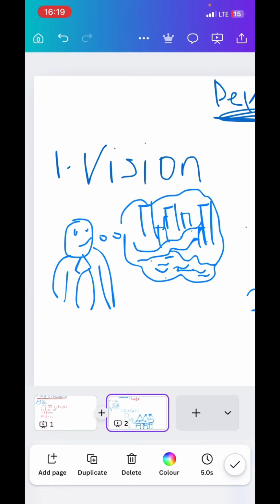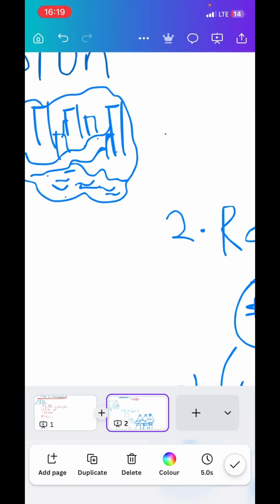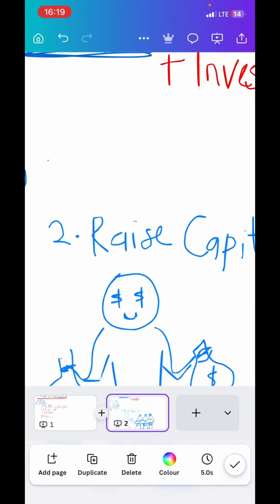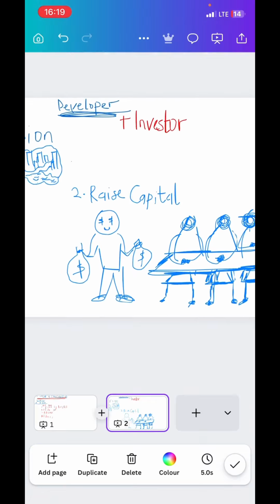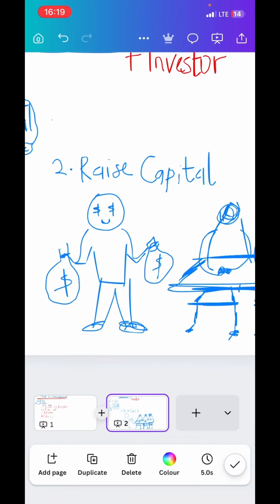So he's coming up with the idea. Now, once he comes up with the idea, his next goal is to raise money. So I put the developer and the investors at the top of the hierarchy because they are both needed, right? Now, usually when developers are looking to embark on a property, it is usually very expensive. Anything building, anything construction is capital intensive, and the developer himself cannot raise all the money. For example, for such a project, maybe he needs 1 billion, right? Except for the exceptionally rich, one man cannot just raise 1 billion.